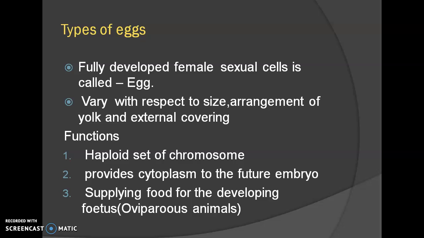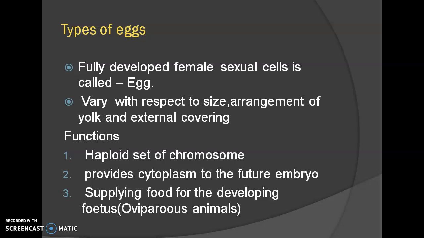What are the functions of these eggs? They generally provide a haploid set of chromosomes, and they provide cytoplasm to the future embryo during the process of development, and also they supply food for the developing fetus. This function of supplying food is mainly concerned with oviparous animals. You may know what is meant by oviparity as well as viviparity. What is the difference? Oviparity is nothing but the condition in which the eggs are generally laid on land, while viviparity is the condition where the development is taking place